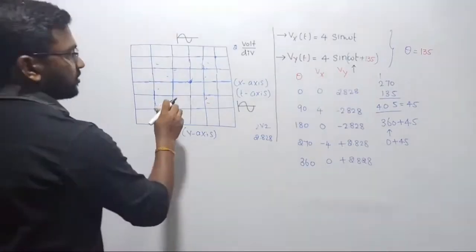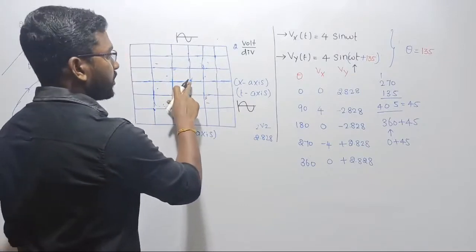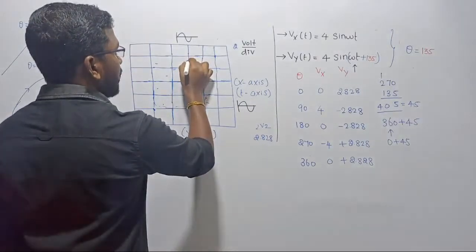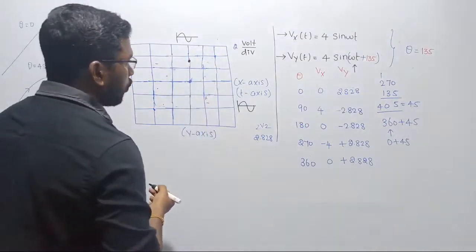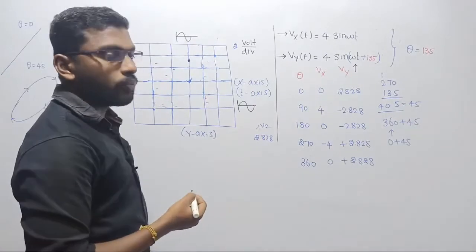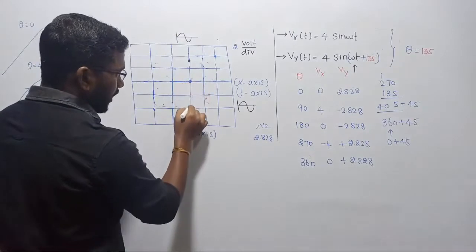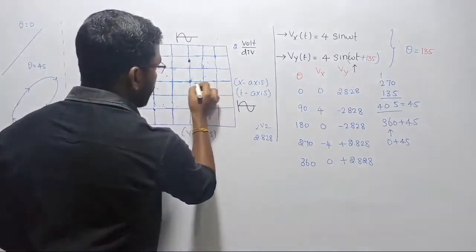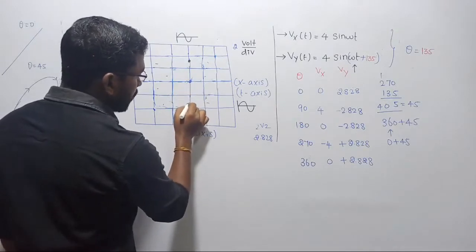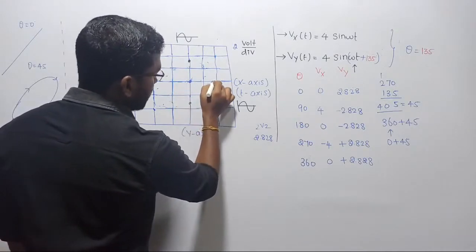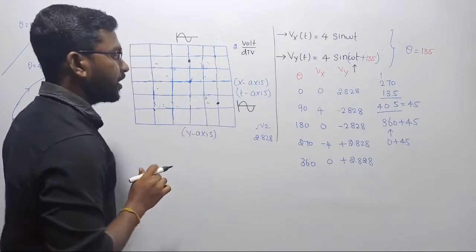At x equal to 0, y is 2.828, approximately equal to 3, somewhere here. The next value is at x equal to 4, x is 4 only, but y is minus 2.828, so y-axis is negative and x-axis is positive. Let me plot that value somewhere here. This is going to be here and 4 means that is going to be here. So let me join these 2 points.